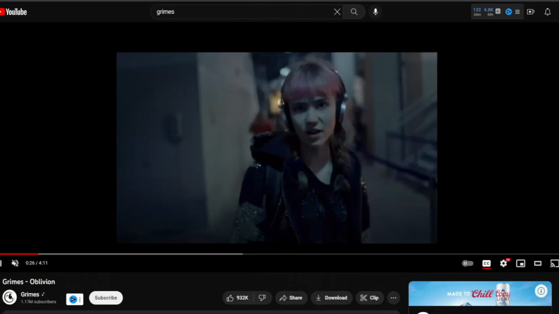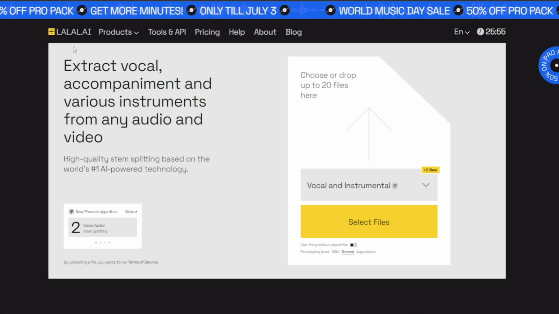So following that path, the first thing we're going to do is actually download this right here. This is from Grimes, and Grimes has already said that she gives explicit permission for anyone to generate AI music using her content. So we're not going to have to worry about copyright and stuff like that. So we're going to go ahead and download our source file, we'll call it, and then we're going to go over to a tool called